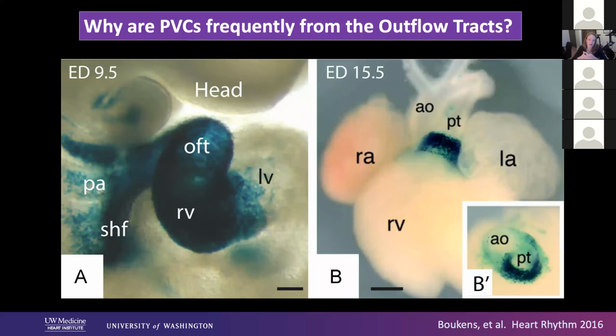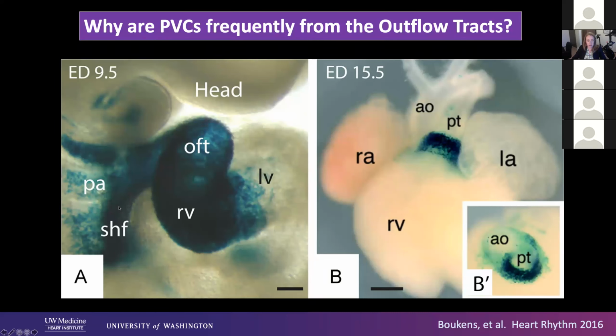So why do we get PVCs from the outflow tracts? And most of the time when I ask this question, I just get a shrug, but there's actually a reasonable amount of interesting embryology studies that have come from this, and I think also speak to why some complex congenital heart disease patients have more ectopy and sometimes even VT from this area. And it really is that the right ventricular outflow tract and a small component of the LV outflow tract actually come from different tissue. So these are mouse embryos, and you can see that the right ventricle and outflow tracts,